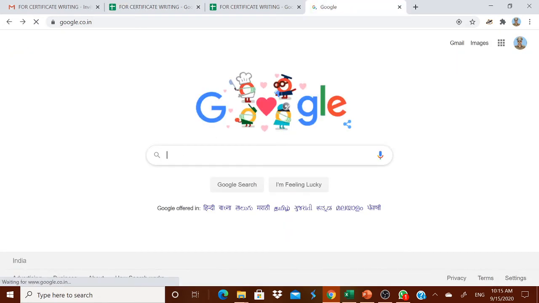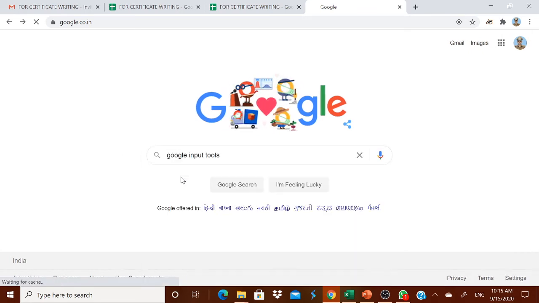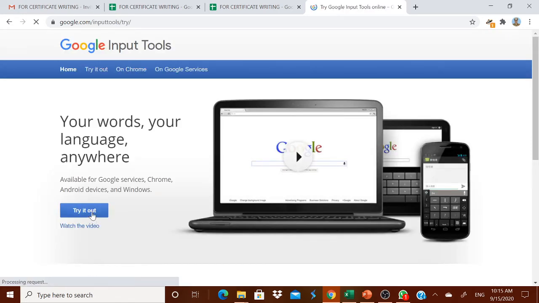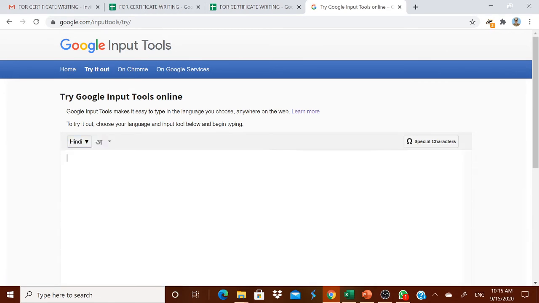Go to Google and type Google Input Tools. You can do the Hindi typing online. Click Google Input Tools. Try it out. Then in the language, you select Hindi.